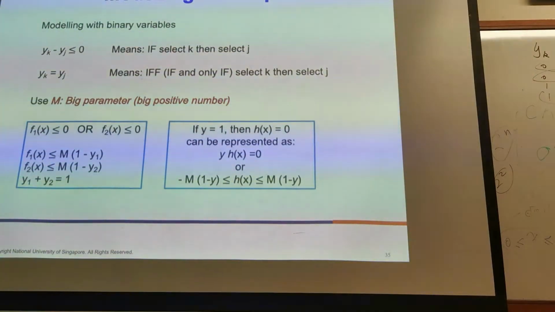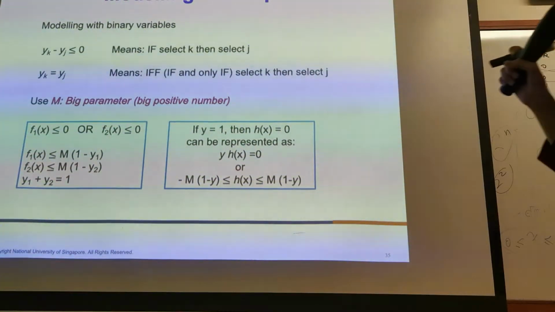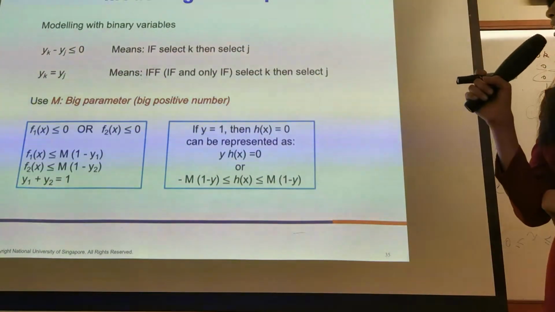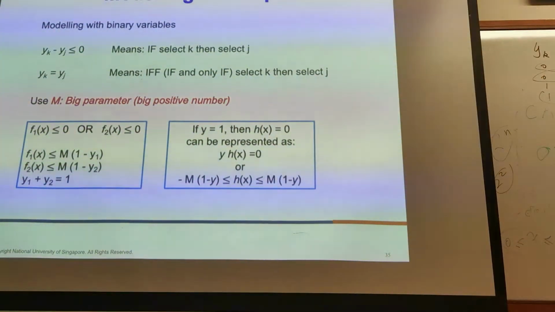Take a look at this and try to understand what it means. So you manually introduce this new parameter M. So if I want to express my initial constraint, F1 and F2,